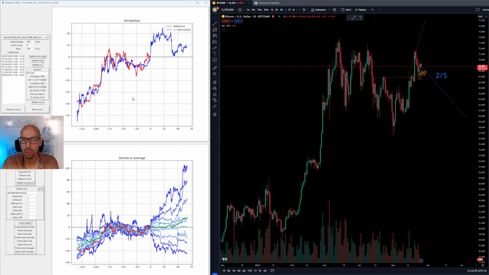So each point on this curve is either 4 hour data or 1 hour. Okay, 800 for the analysis length, it's 134 days of analysis window. It's coming from here, this up movement,